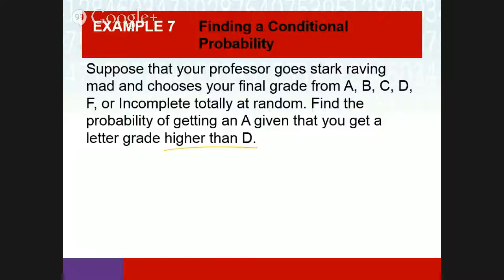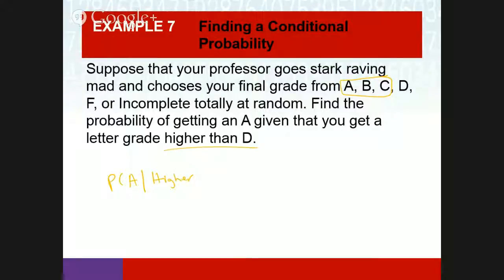Does that kind of make sense? Basically, it's changing your sample space. Originally, your sample space was A, B, C, D, F, or incomplete. There's 6 choices. But if somehow you figured out it's higher than a D, your sample space then changes from 6 choices to 3 choices: either A, B, or C. Make sense here? You're changing your sample space. You're changing the total number of possibilities. The same thing with rolling the even dice. So you just dropped it from 6 to 3. Well, the probability of getting an A, granted it's higher than a D,